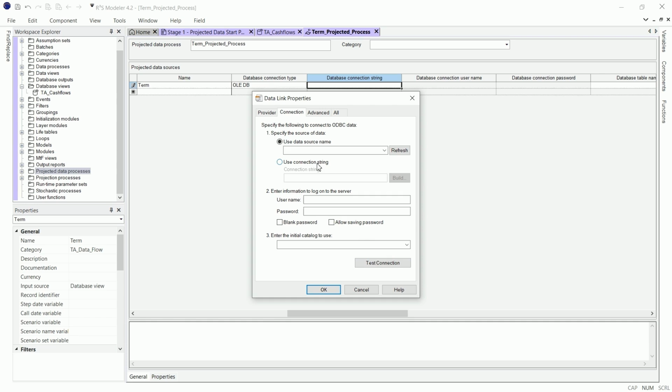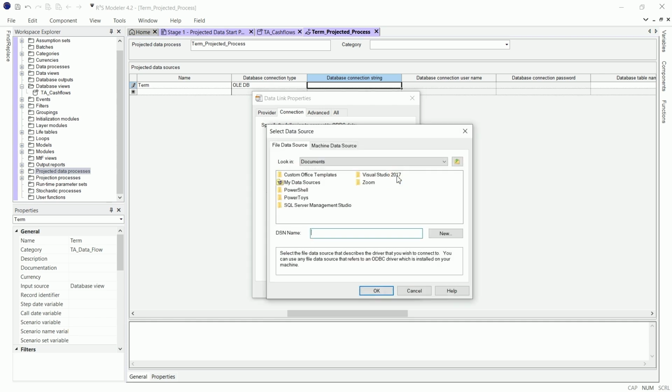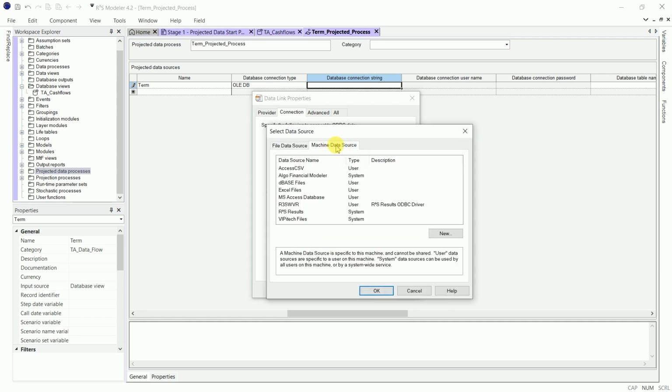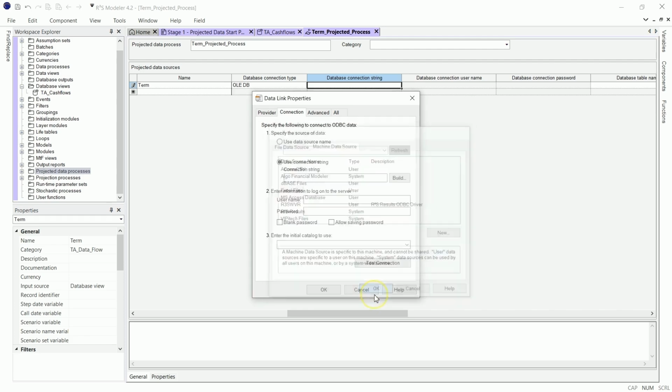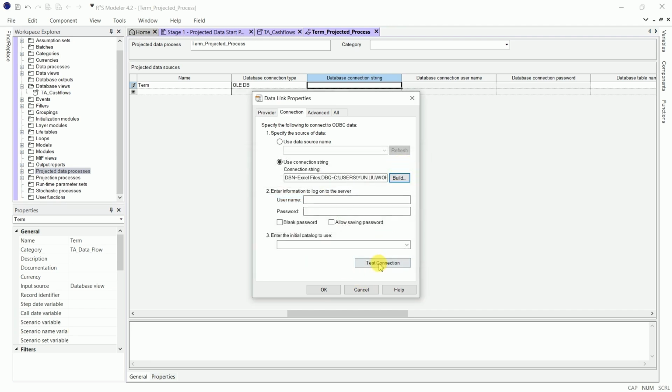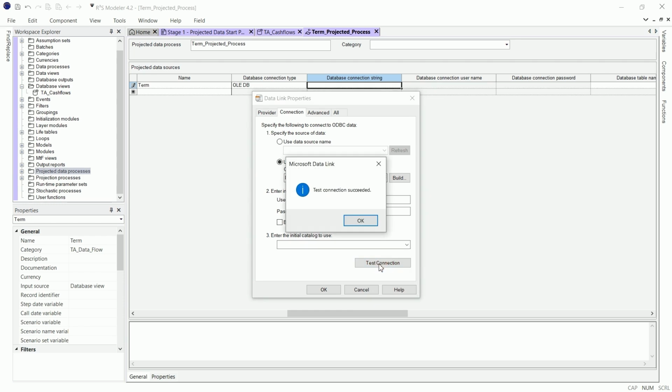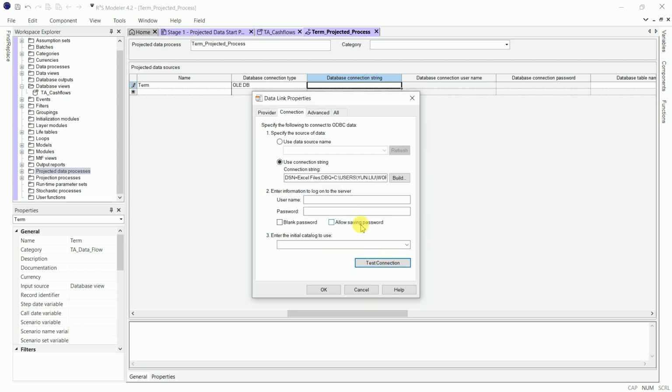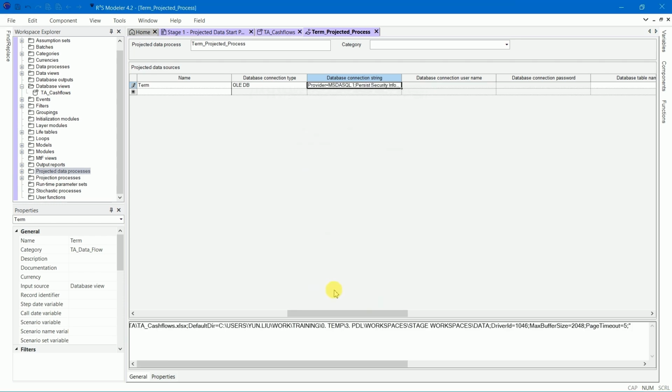Click Use Connection String. Go to the Machine Data Source tab, select Excel files. Press OK. Navigate to the Data folder and select TA Cash Flows. Click OK. Click on Test Connection to confirm the connection. Click OK and OK again.